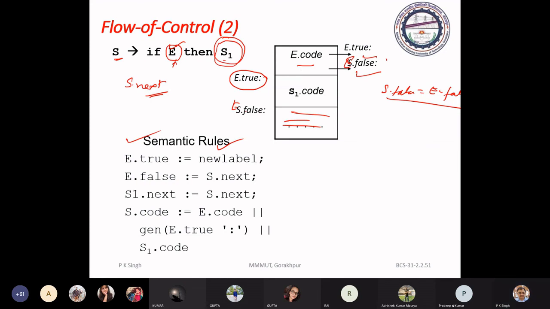Okay. So E false is S next, and S1 next is also S next. S1 next means which statement will execute after completion of S1. S1 next is S next, the next statement after S.